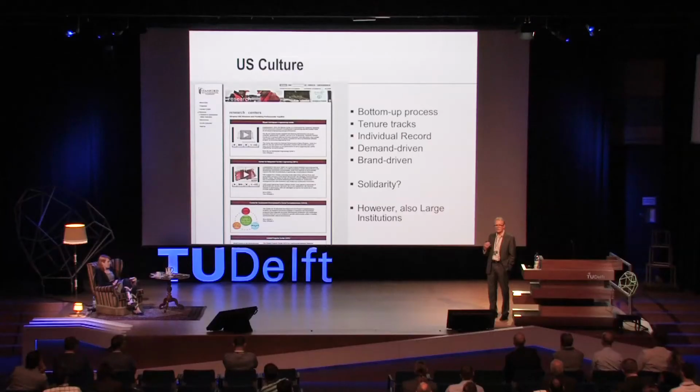It's a very much bottom-up process. And to get tenure track, what's very important at American universities is that you create your own identity, your own portfolio. You have to show that you can do it. You have to create a unique portfolio. It's an individual assignment. But since it's a bottom-up process in which you have to cooperate with practice, you also need money, because without money, you will not be able to do these kinds of studies.